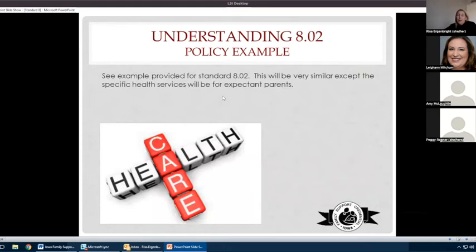I could recreate the policy for 8.01 and put it in here, but change everything to match 8.02. It's really going to be the same. Usually what we see in TA is programs have this already merged together, and that's certainly an approach you could take, or you could have them split out. It is 100% up to you all.